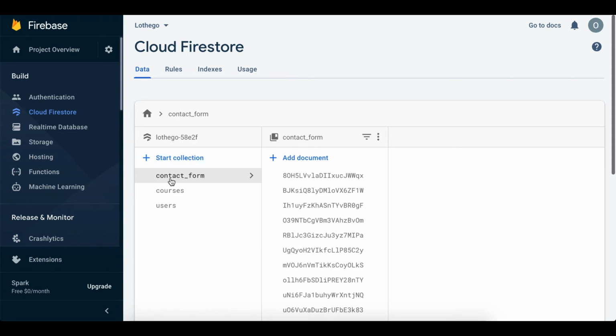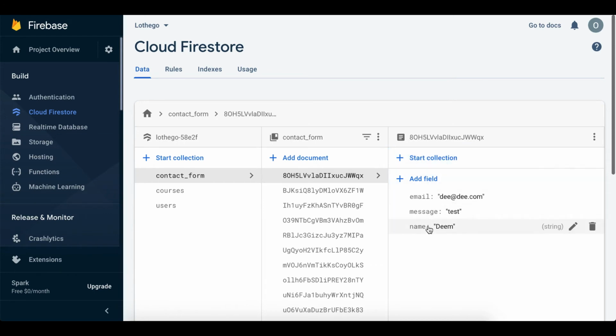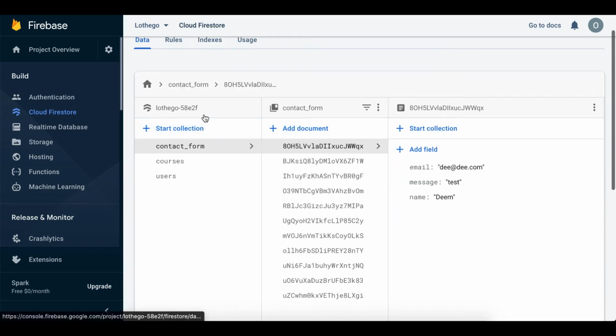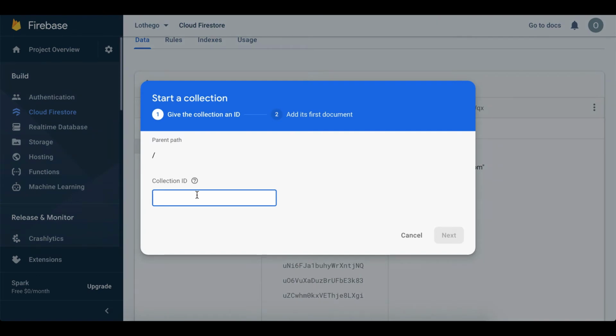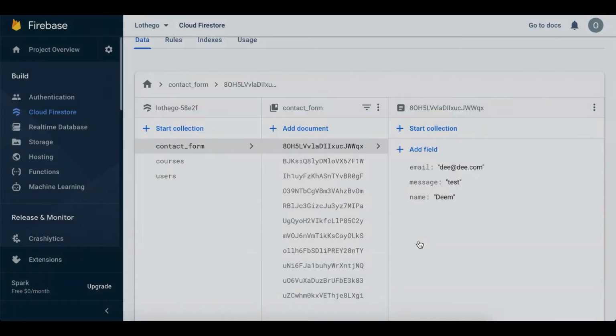Let's talk about Cloud Firestore first. We have the collection, it's called contact form. It has documents, and a document also has fields. We can simply add another collection by clicking here, just name it and click next, and it will create the